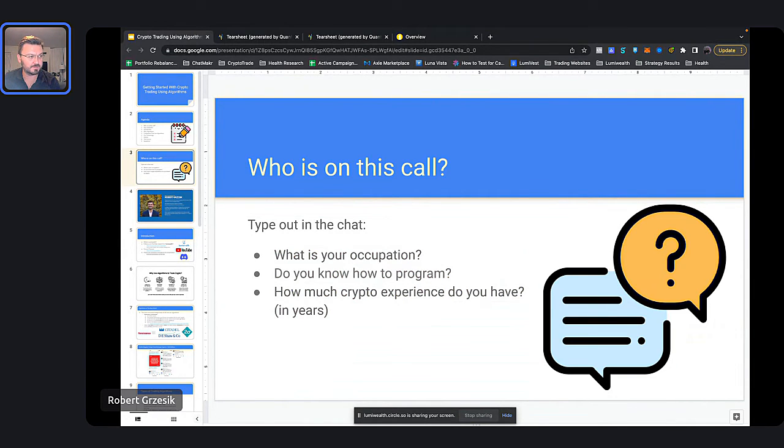So hopefully I can teach you a little bit more about the crypto space as well while we're going through all this stuff. Now, Ian says he's a data architect / DevSecOps. Very cool. I'm assuming that means Dev Security Ops. Yes, so you know how to program. Yes, I could tell. And how many years you've been doing this? A few. Very cool. Jack says 3 years experience, crypto trading marketing. Very cool.